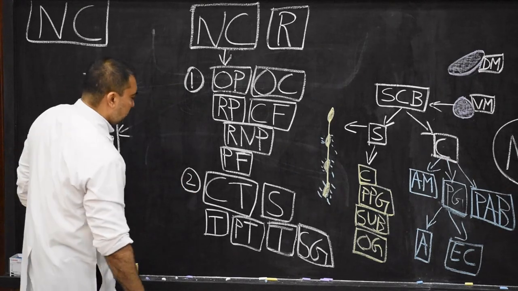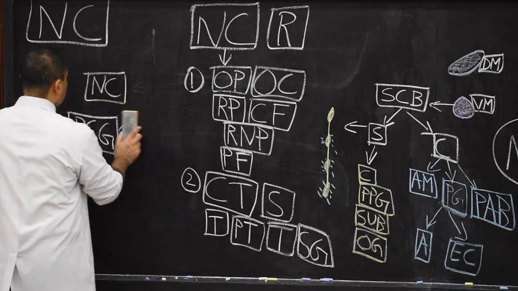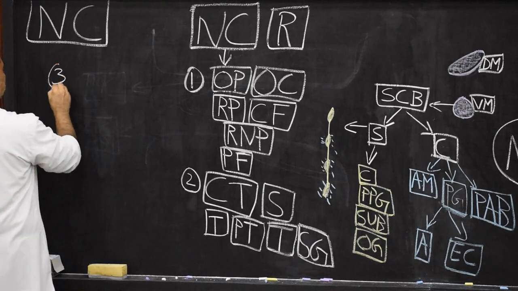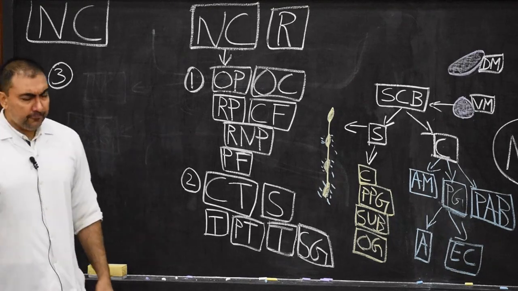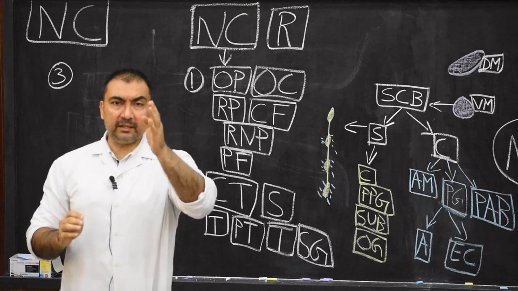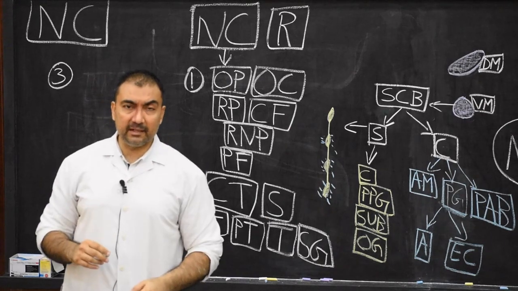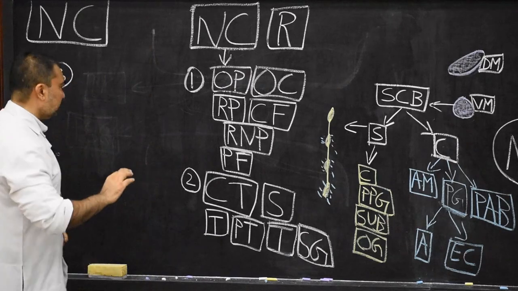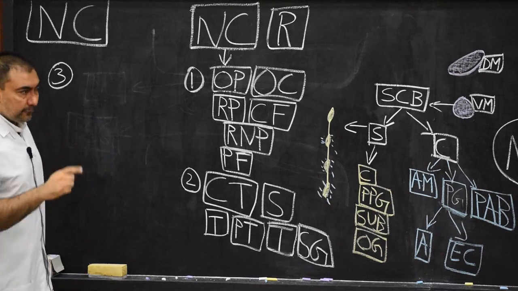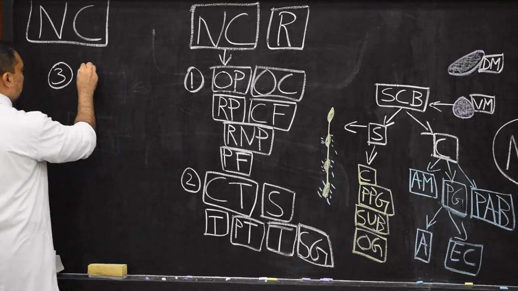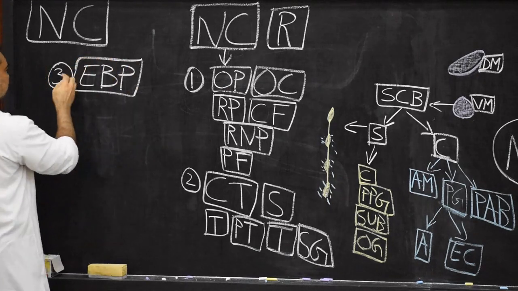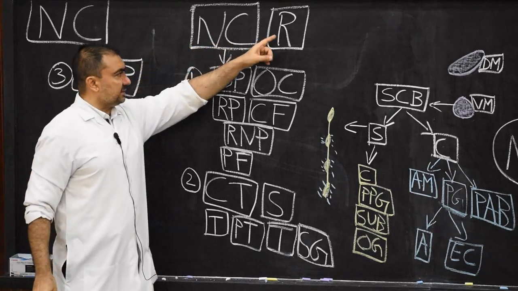Then we come down to number 3. Let us note down over here. We'll utilize the space over here. Number 3: if you recollect in branchial arches, the ectodermal clefts. There were 4 ectodermal clefts on either side, right and left side. In the derivatives of ectodermal clefts, I had started with epibranchial placoids, if you recollect. So here you have to mention that the epibranchial placoids will develop as the third derivative from the neural crest cells of the rostral region.